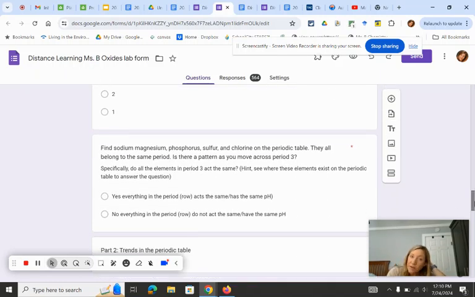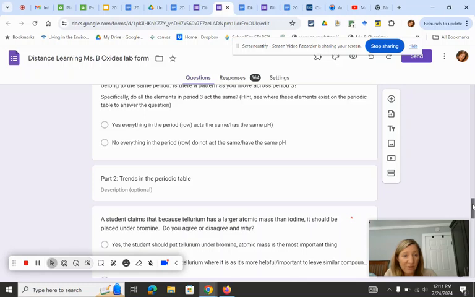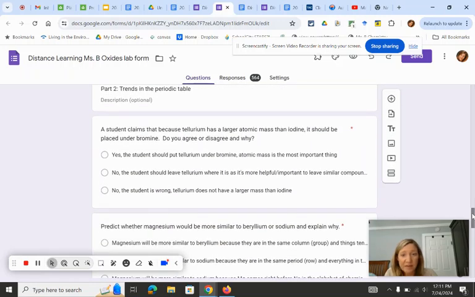Okay. Now, what I want you to do at that point is look up sodium, magnesium, phosphorus, etc. on the periodic table. You'll notice that they're all across period 3. So I want you to tell me, okay, well, is pH the same across the period or is it not the same across the period? So you're answering that question based on what you discover on those colors. This is kind of a follow-up question after your activity from when you guys built the periodic table. So you should be able to answer this without much of an explanation, but if you get stuck, it's okay